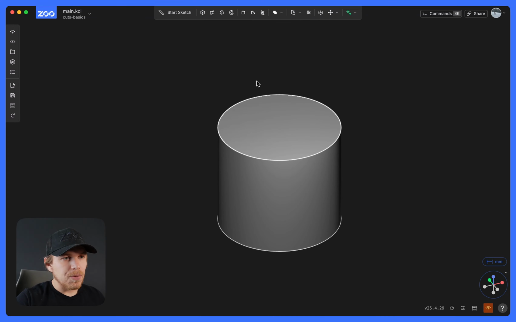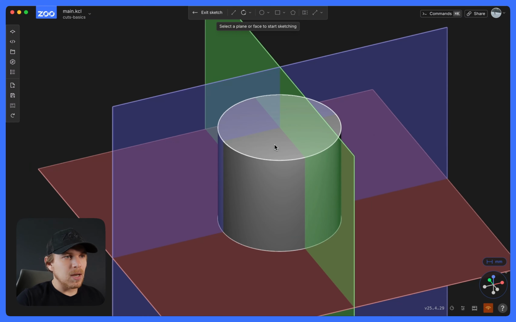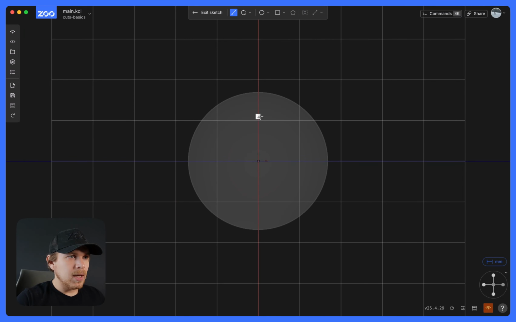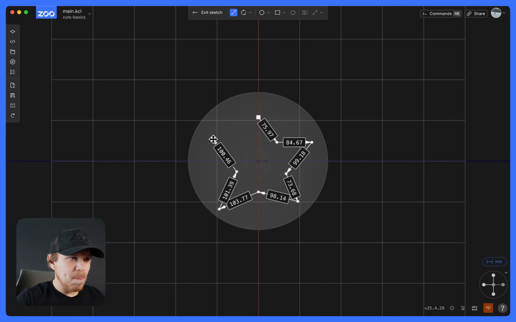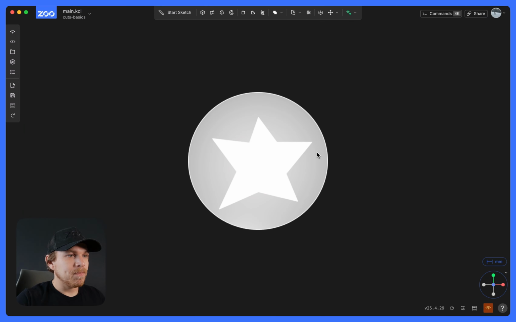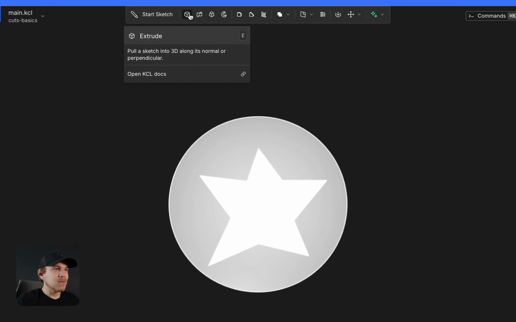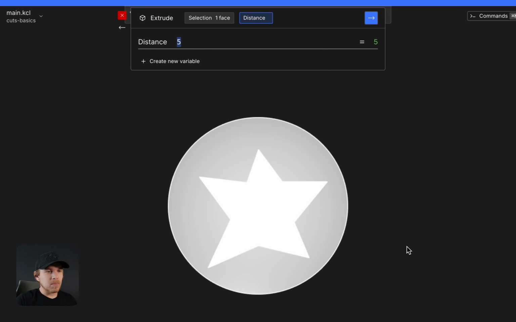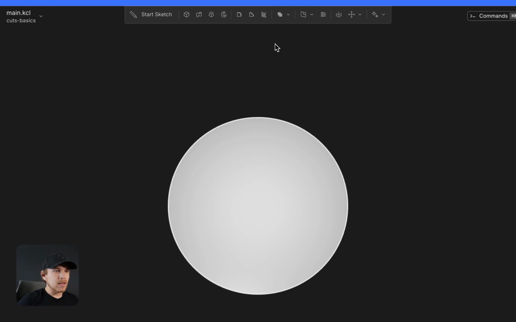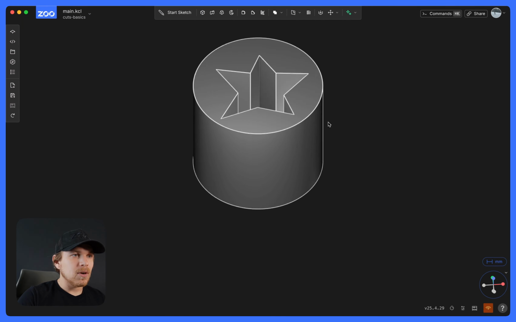And to cut a hole through it, we're going to start a sketch on the top and draw a star that I'm incredibly good at drawing. Yup. We'll exit the sketch. Beautiful. We'll hit extrude again, and this is the important part: in order to make a full cut through it, we have to do the same or more in the negative direction, so going back through the part. So if I do negative 300 and hit confirm, you'll see that we have our star cut out through